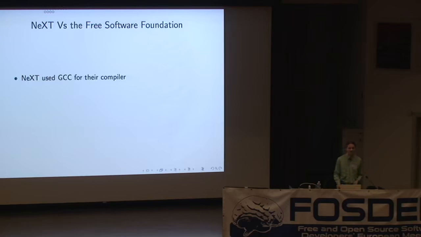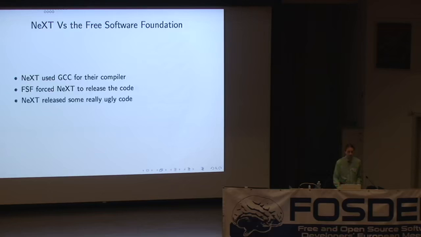Apple has since learned that actually having an Objective-C compiler gives them no competitive advantage at all, so they released it as open source. And the Free Software Foundation set their attack lawyers on NeXT and said, you have to release this code, otherwise we will feed you to the sharks. And so NeXT released this code, and it turned out, once they did, that the reason they didn't want to release it was that it was really hideous. And they were just too embarrassed to let anyone see it. Unfortunately, at that point, the Free Software Foundation had put so much effort into forcing them to release the code, they couldn't just look at it and say, actually, no, we don't want it after all.